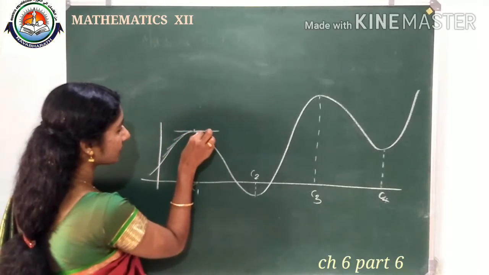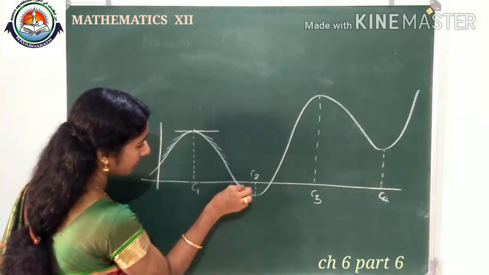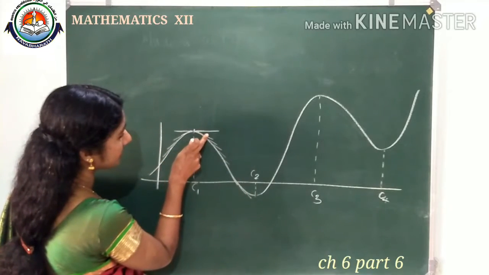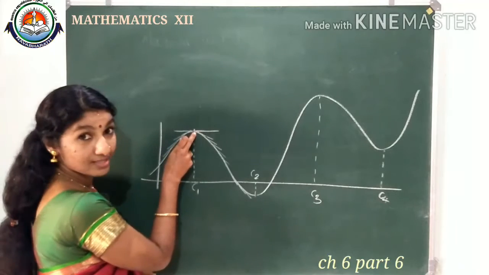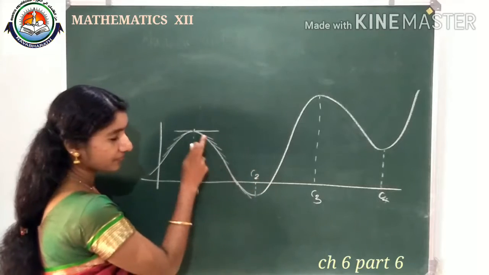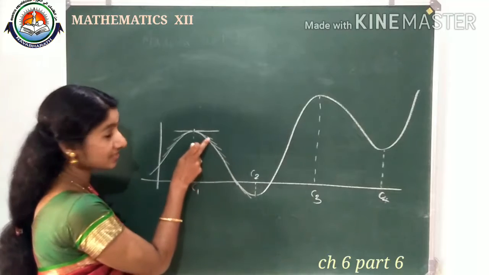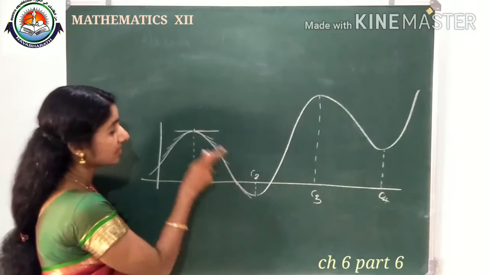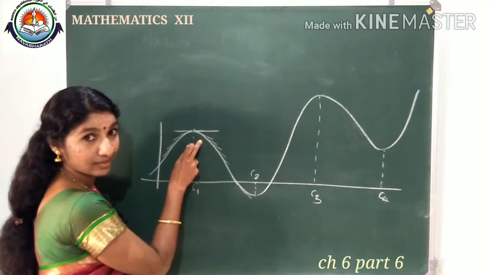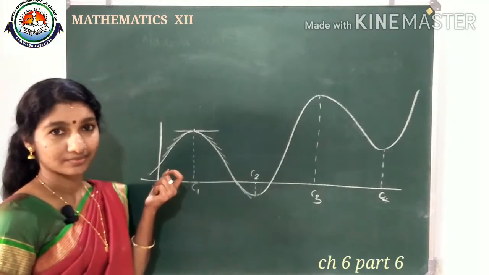And after this one, see, here this is the tangent and here this is the tangent. And see what about here on this right side? After this point where we got the slope of the tangent equal to 0, from the next point onwards we are getting lines like this, isn't it? So we know the slope is negative, means this tangent makes an obtuse angle with the x-axis, so its slope is negative. That we already discussed while explaining increasing and decreasing functions, isn't it?